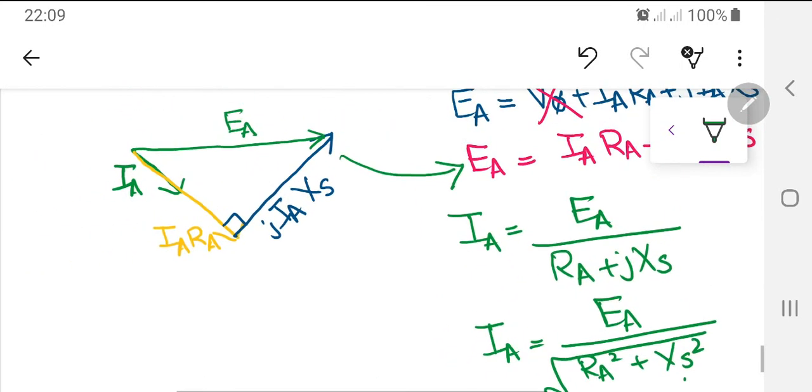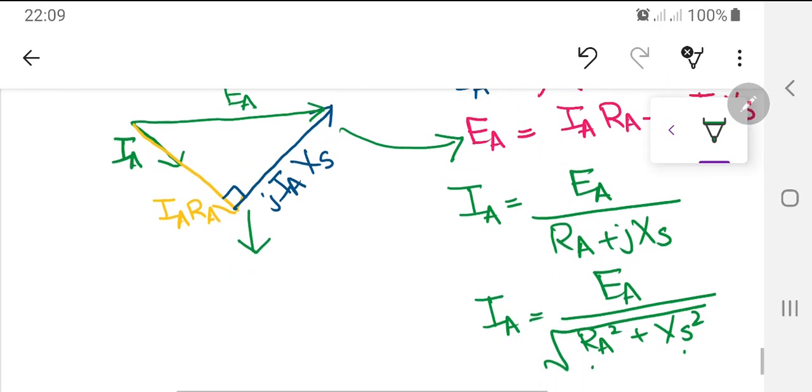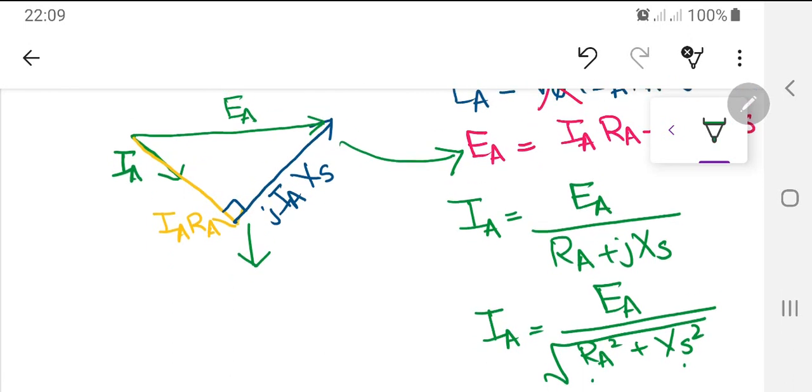Now very interesting thing, before I proceed on how you are going to use these two open circuit and short circuit tests for the values over here. Now if you see this phasor diagram over here, since they have done it in your book, I want to do this one in front of you. This is EA, this is IA, this is JIAXS, and this is IAR. Now if you remember the phasor diagram we did in the equivalent circuit, what was IA producing? IA was producing BS. And what was EA producing? EA was producing BR. So if I draw the magnetic phasor diagram of the same equation over here,